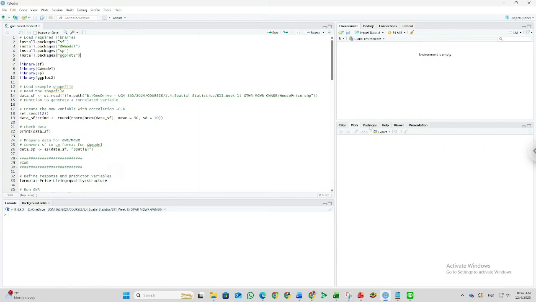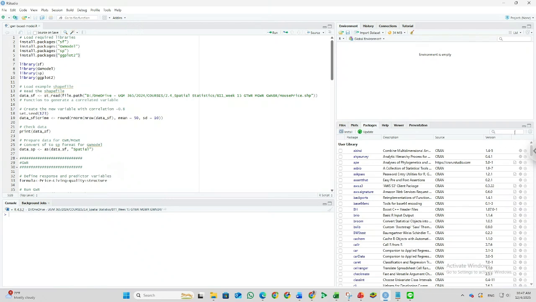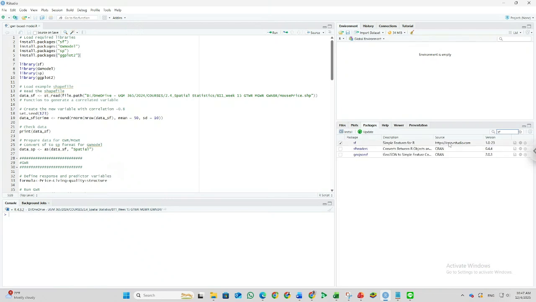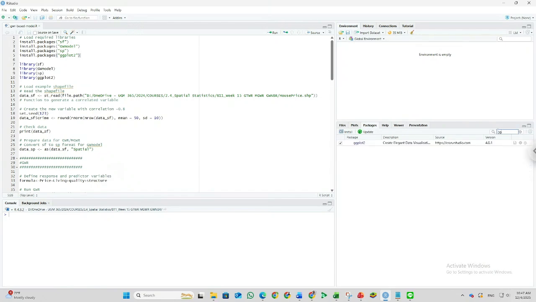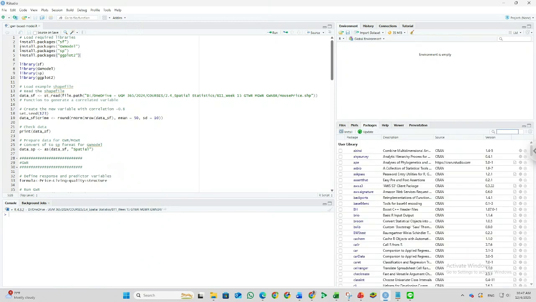You can check the packages in your RStudio to see whether you have installed them or not. I have already installed these, so I can skip the 2nd row until the 5th row, and then jump to the 7th row.